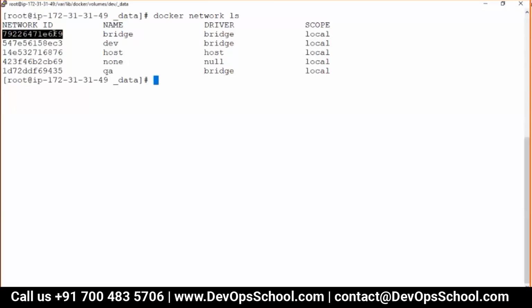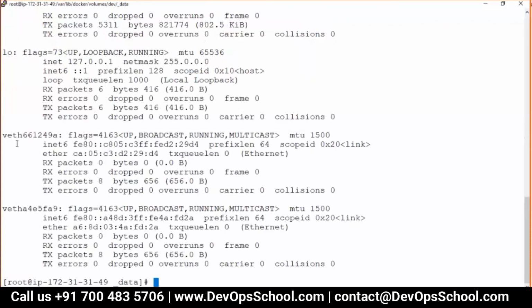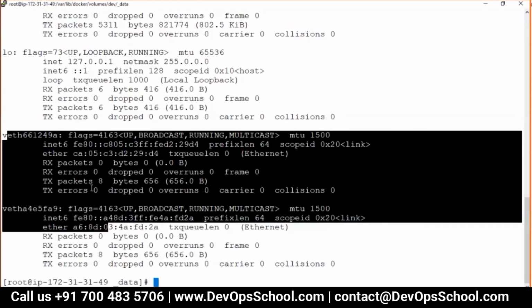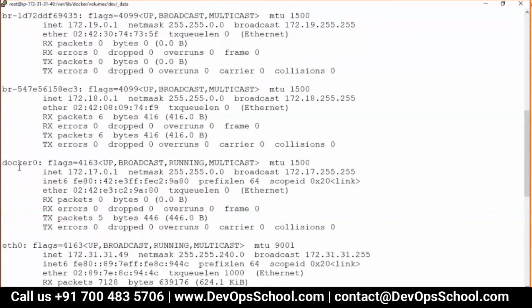Okay guys, let's move on. So here I created two bridges. Now, if you see the ifconfig, see that, guys. Remember, this veth belongs to the container. Two containers I'm running, forget about it. See, this is the default bridge docker0, and these are the two here, br1.